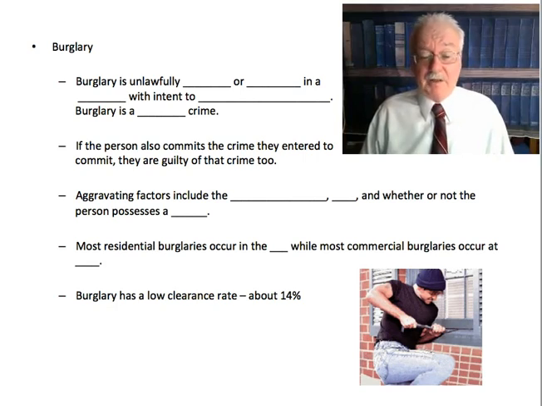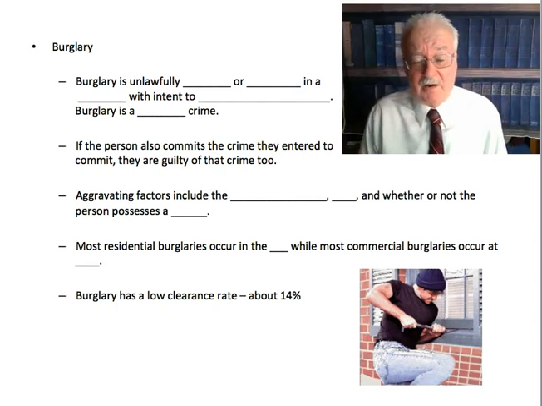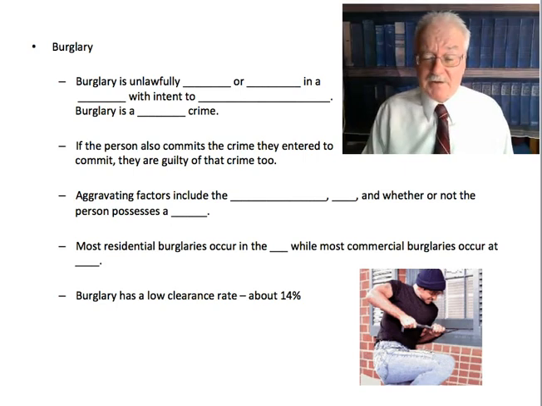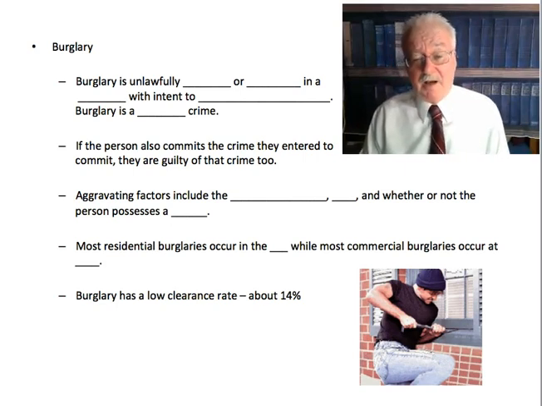Burglaries also have a very low clearance rate. Only about 14% of burglaries are cleared by an arrest. That is increasing a bit, though, due to the availability of video equipment in homes and DNA evidence. Sometimes the person leaves a little bit of blood breaking a window, or they eat some food and leave some saliva on an apple in the kitchen. And if they're in the DNA database because they were previously in prison, they can be apprehended that way.